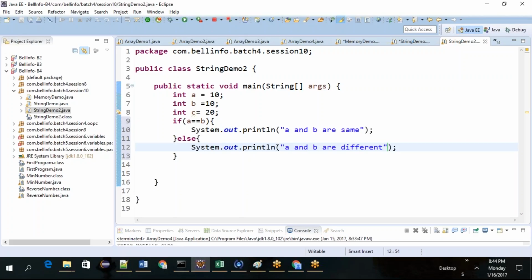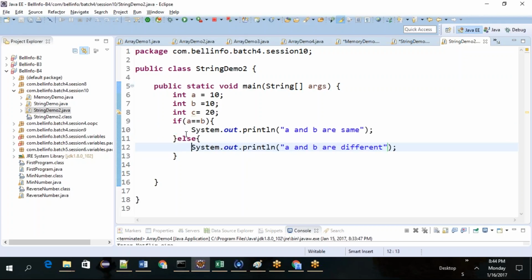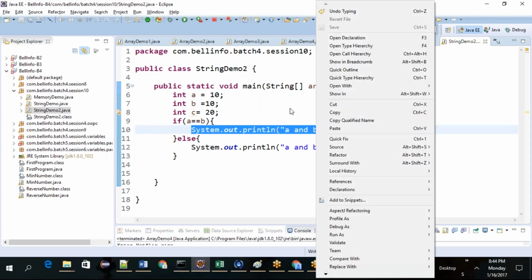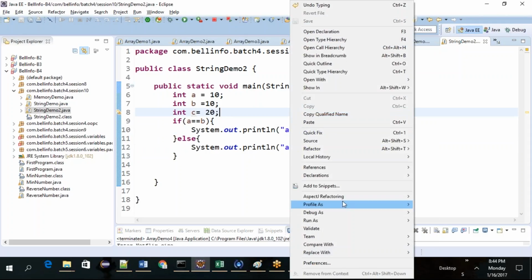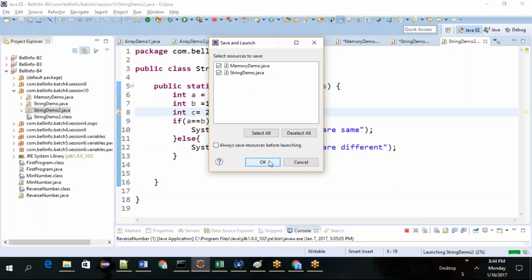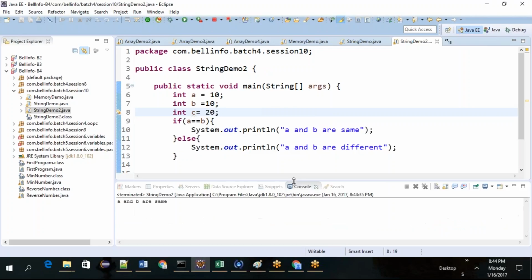If I run this program, which part will be displayed? It will display a and b are same, right? Let's run the program and see what will happen. A and b are same.